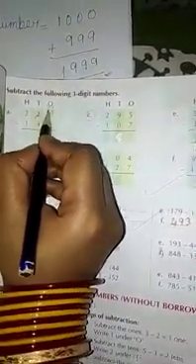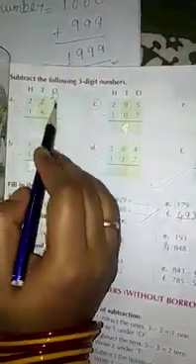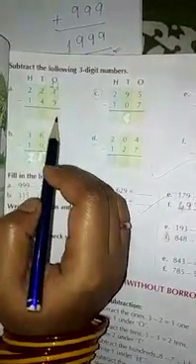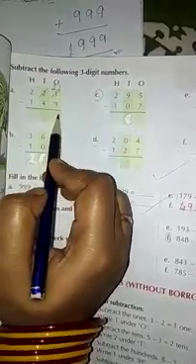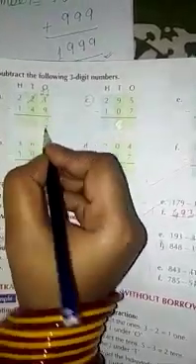So what will we do? We'll cut this 1 and I will write here 1 at the top of the 1's place. So we have to borrow 1 from here. From 2 I will borrow 1, so it becomes 11. So from 11 we subtract 9. 11 minus 9 is how much? 11 minus 9 is 2.